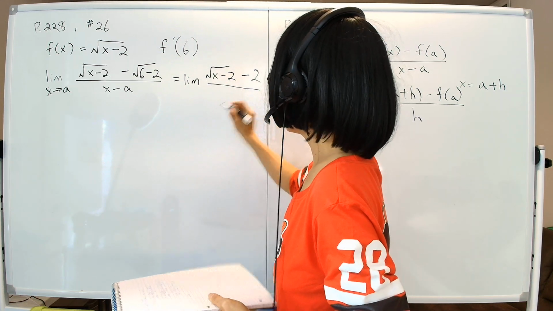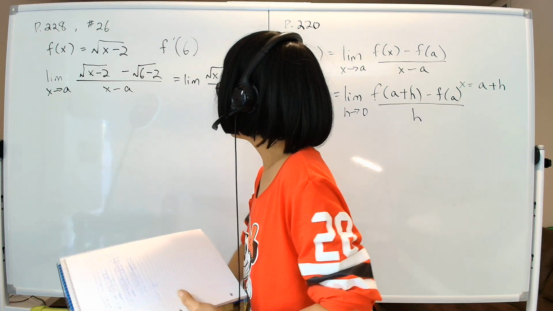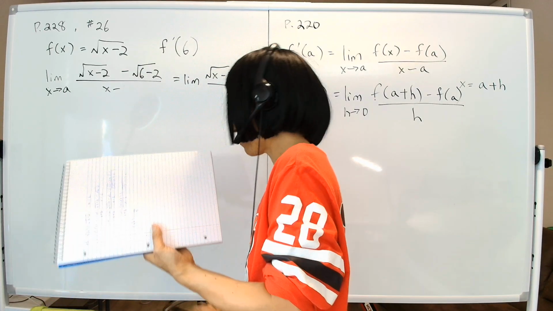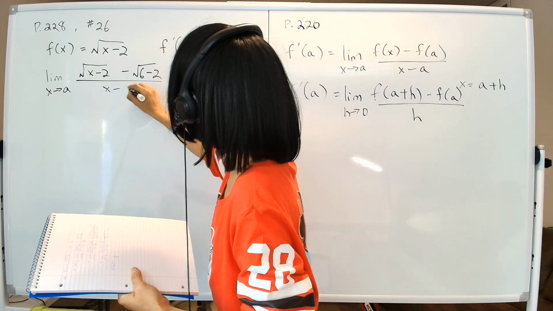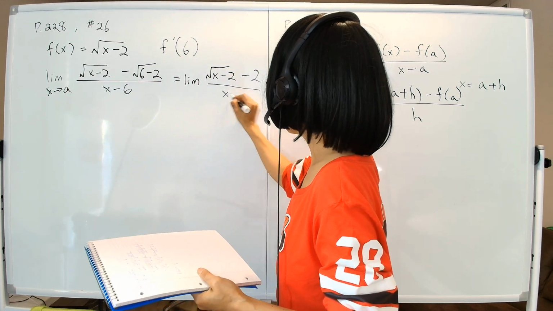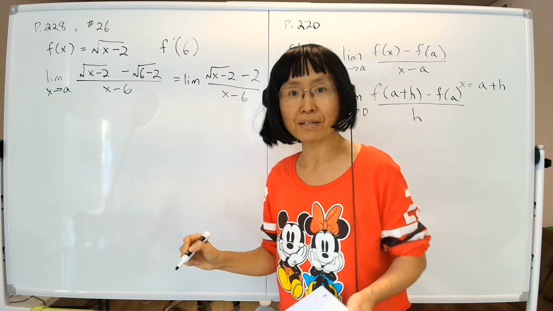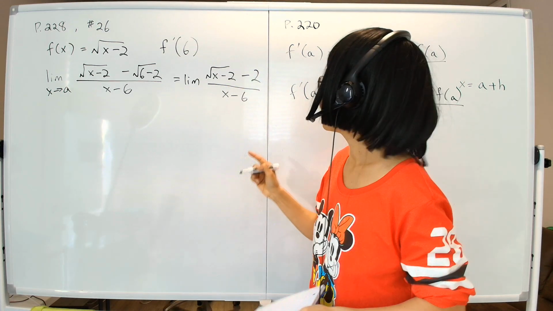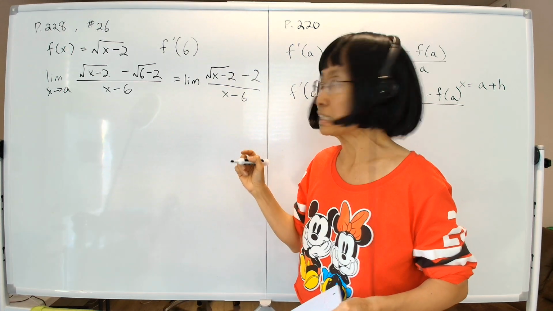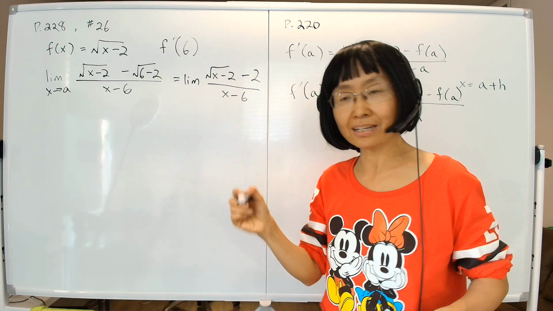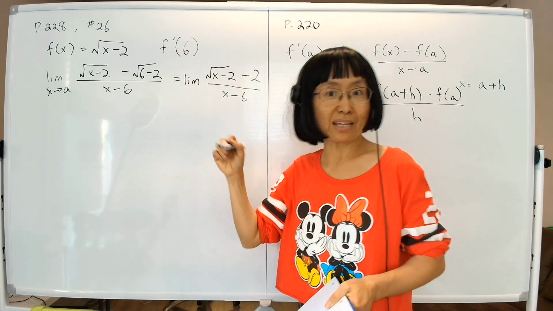And then, I mean, this is 6, okay? Now over x minus 6. Now at this point, you might first feel a bit stuck. Okay, now what do we do here? Because there's no cancellation. No, nothing. At this point, you need to apply the trick that we've been applying, it seems like every single video,